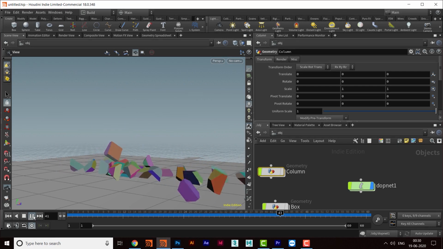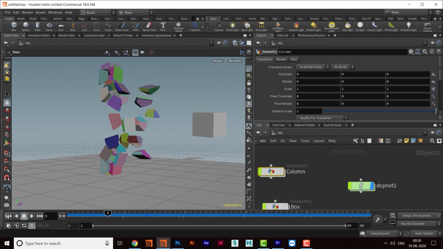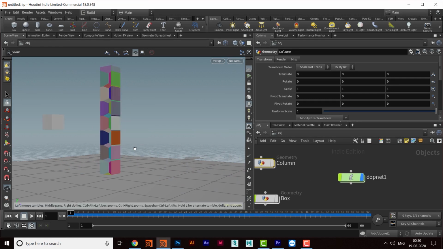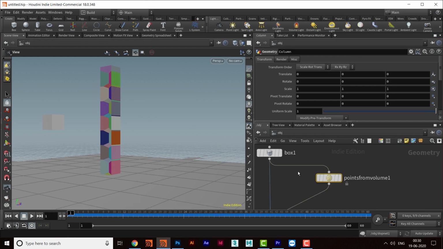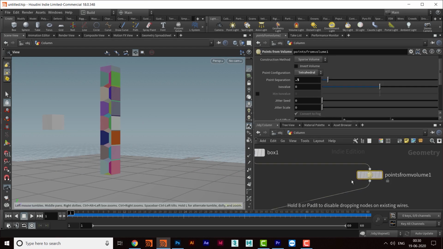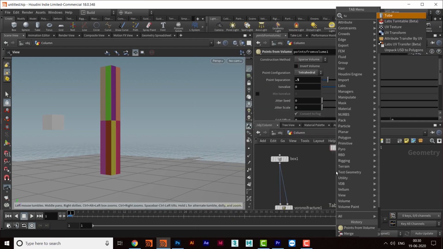Okay, so these options are available here in this one. There are so many ways of doing things. You can take one object and change that into points, and then things can be done in that manner. So for that, I will take this out again, and then I will take one object. Maybe I will take a tube.